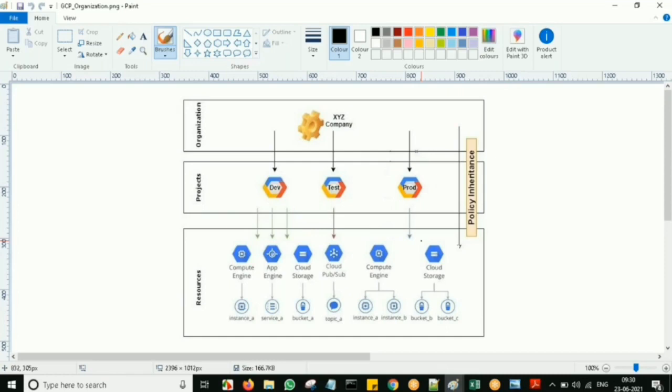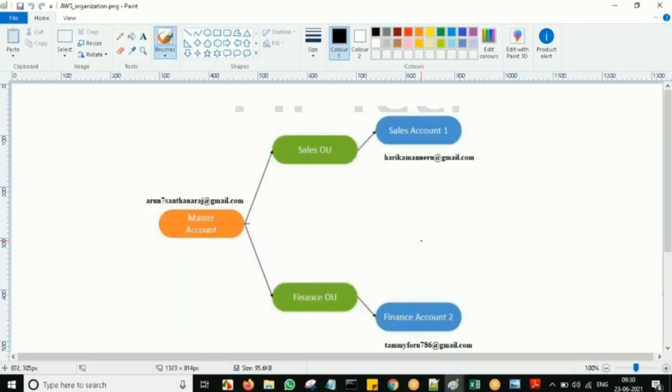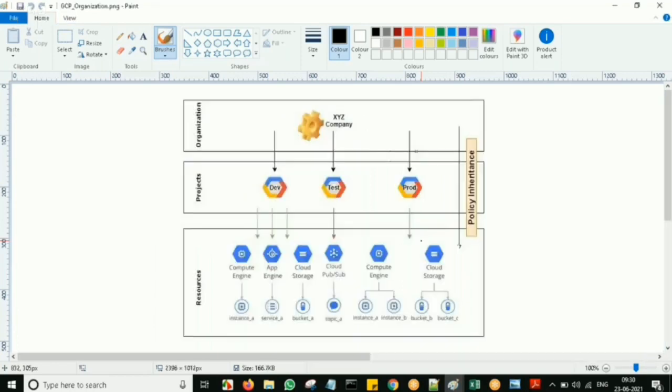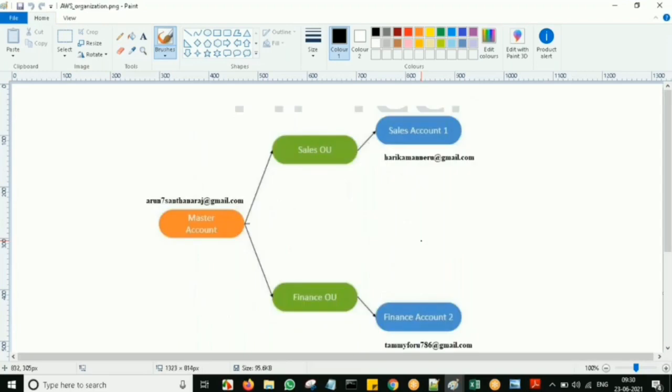Still, the project can be shared with other GCP accounts also, which means we enable the users and give access. But we can't do that in AWS, right? Yes, in AWS we don't have any concept like a project under an AWS account. Under the AWS account you go directly to resources. We don't have any hierarchy like folders and subfolders inside one AWS account. So the concept is: under the master account we have OUs, and under the OU you can add multiple AWS accounts. The master account can control them.